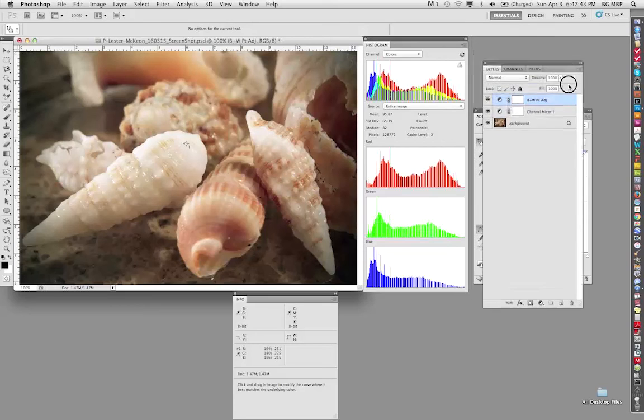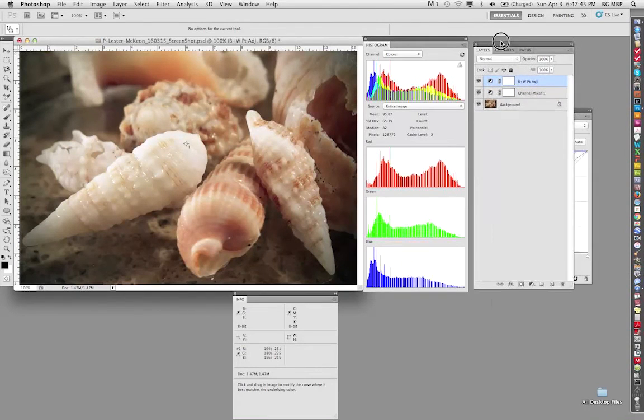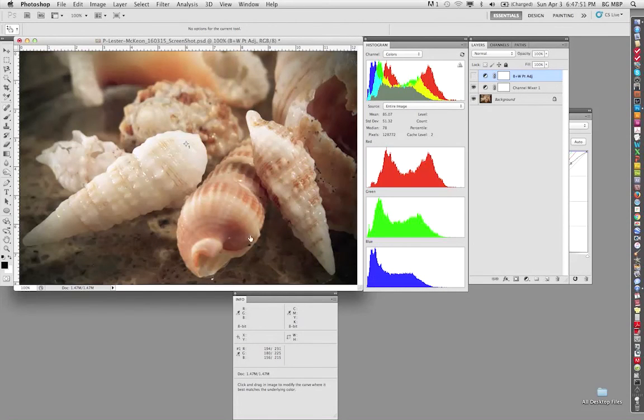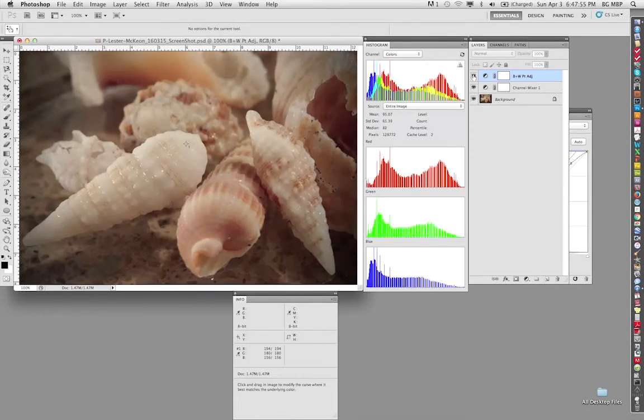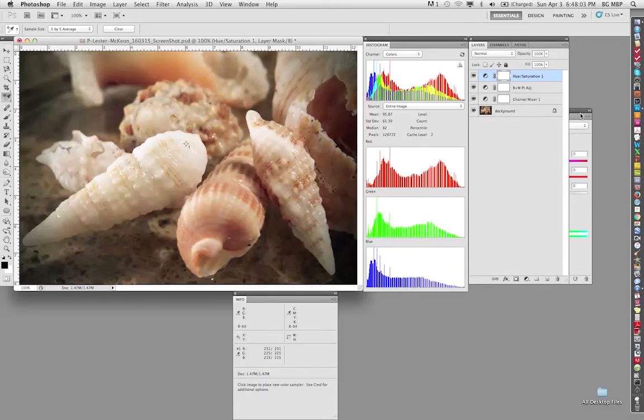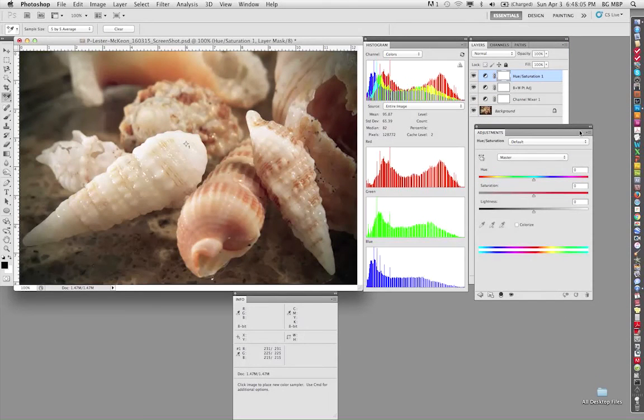The only thing is that in the process of doing what we've done, we've also kind of reduced the color saturation that we had here. With this thing off, these reds down in here were really nice and rich. And in doing this, we've kind of taken a little bit of that out of the way. We can quickly fix that by going to the Hue-Saturation, bringing the control panel up here,